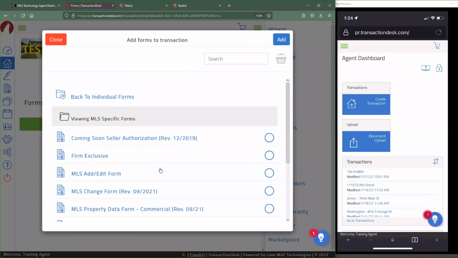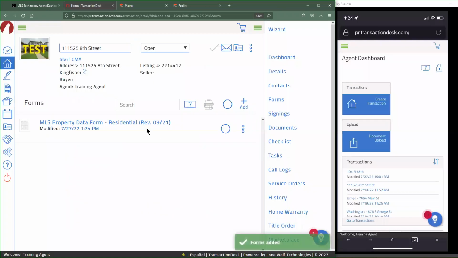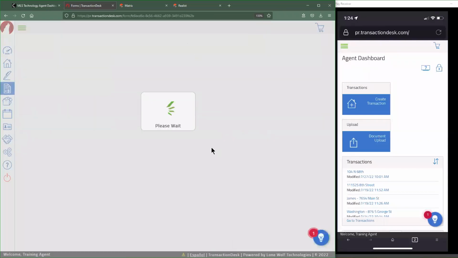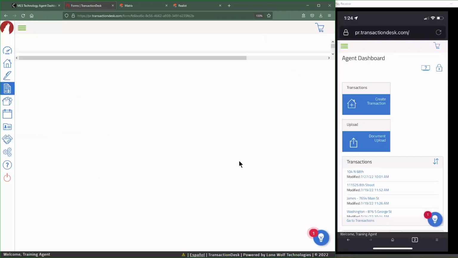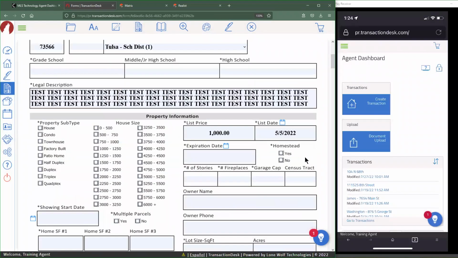So if I wanted to get my property data form filled out for a new listing, I can go through the process of filling all of this out on my phone or my iPad, and then when I get back to the computer, I just hit a button. It automatically uploads that listing as an incomplete listing into the system, and you're good to go.